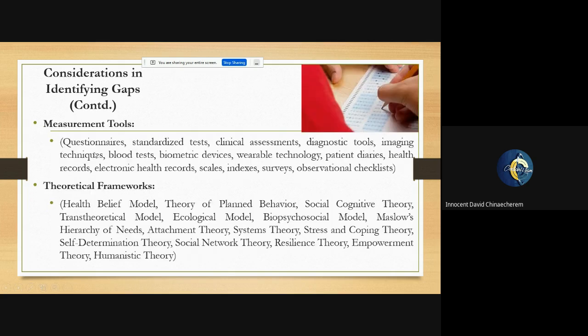So what other things? We also have other things here. We know our measurement tools could be based on questionnaires, wearable technologies, theoretical frameworks. We can also use theoretical frameworks to formulate our systematic review question. We can actually say the argument in this discussion has used maybe attachment theory,